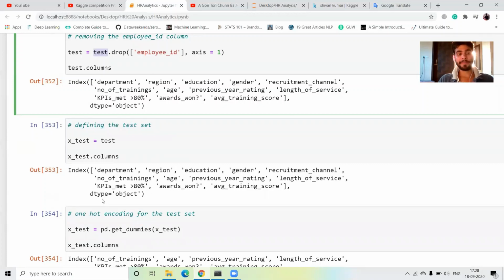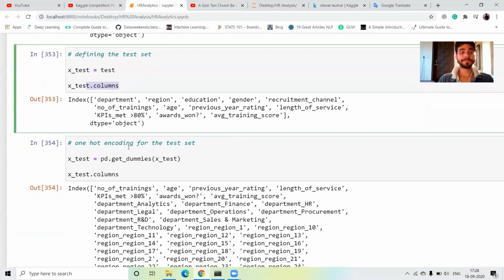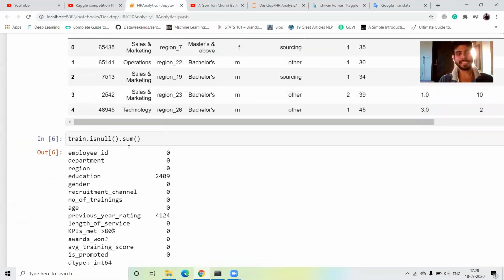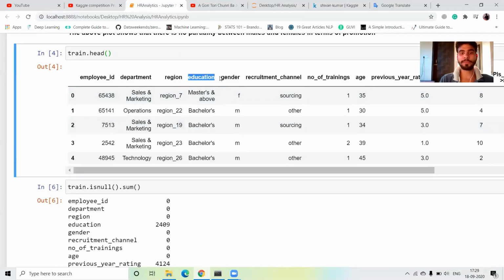Next, I define our testing data set, so I take X_test equal to test. Now you have to see that in our data set there are lots of categorical columns, like the department column, region column, education column, gender column, and recruitment channel column.